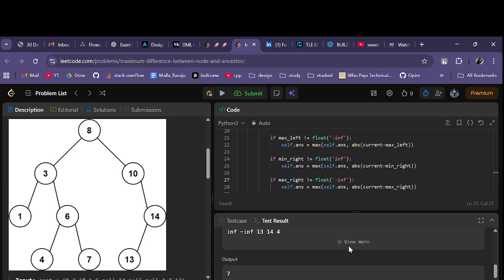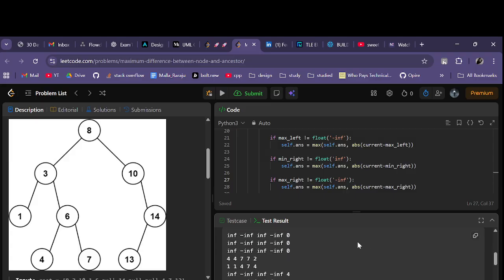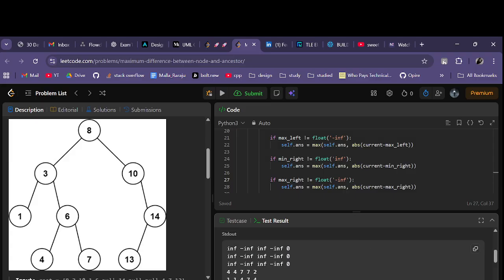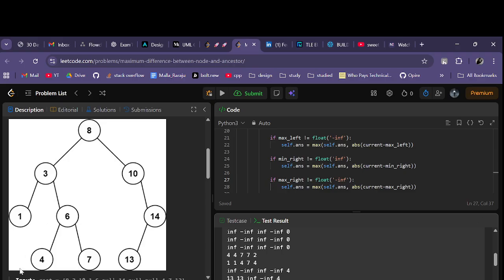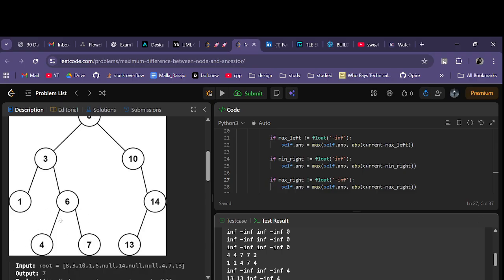Well, it is working fine now. So the difference is 0 here. Now when we hit here, the maximum difference found is